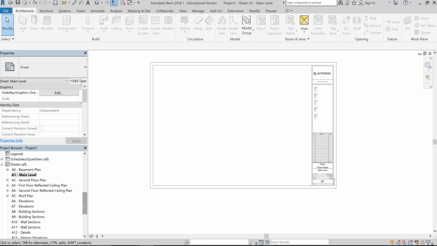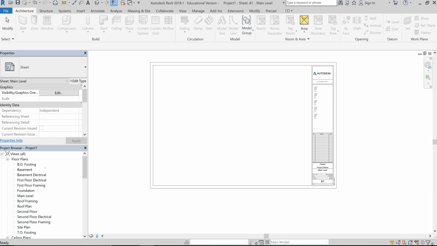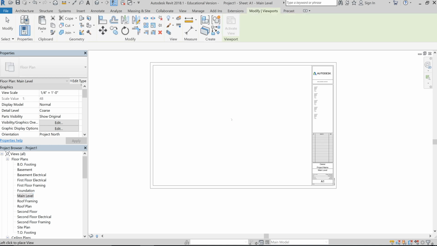Maybe you're creating a new sheet. Maybe you use the architectural template and you don't have anything to put on here. I come back up to my views and I drag main level. So I'm dragging, which means I'm pressing my left finger down on my mouse. I'm not letting go. But once I get over to my sheet, I let go and I can start to